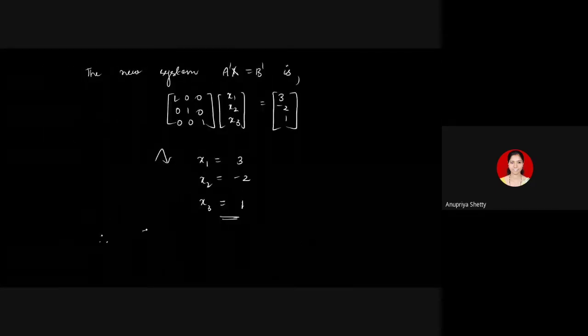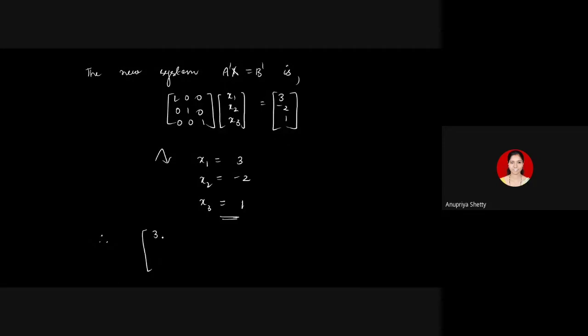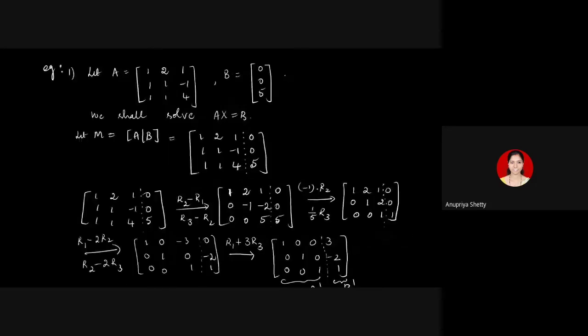Therefore, there's only one solution. You see that you got a unique solution. 3 minus 2, 1 is the only solution of Ax equal to B. This has to be, because in one of the results we have justified that the system that you get, A dash x equal to B dash, after applying the row operations, and the given system will always have the same set of solutions. So in example 1, you got a unique solution, only one solution.